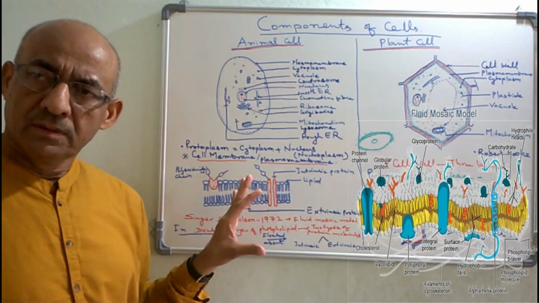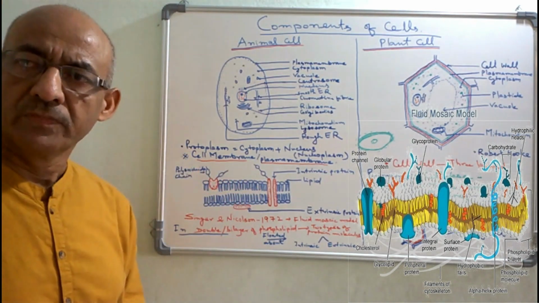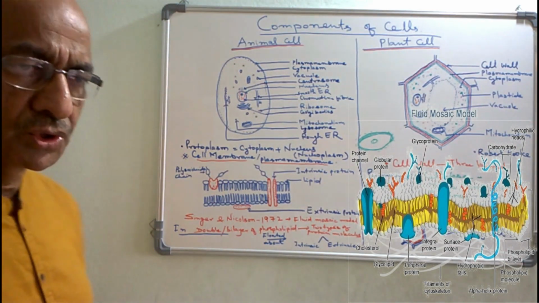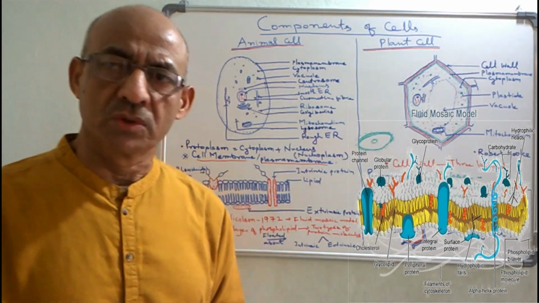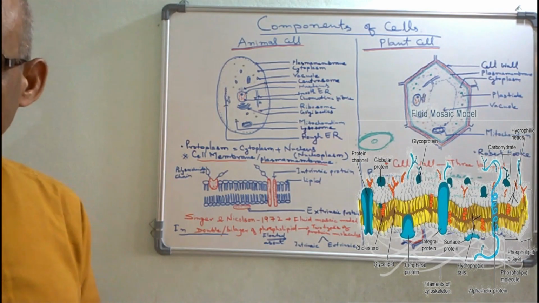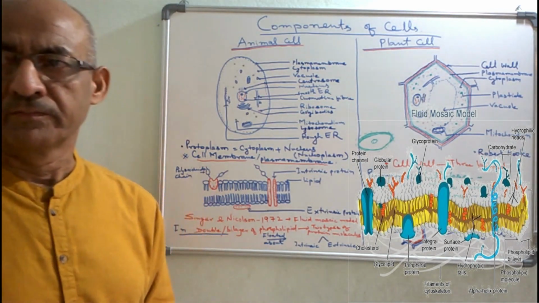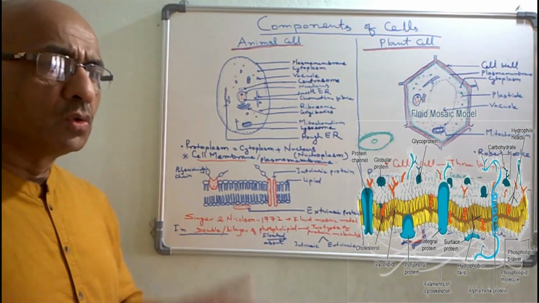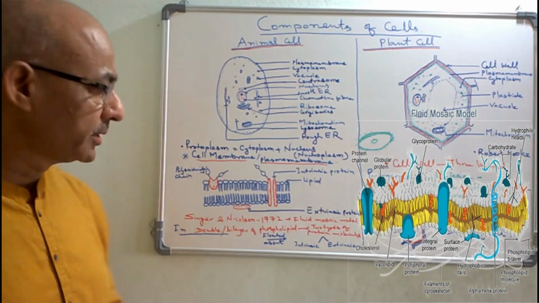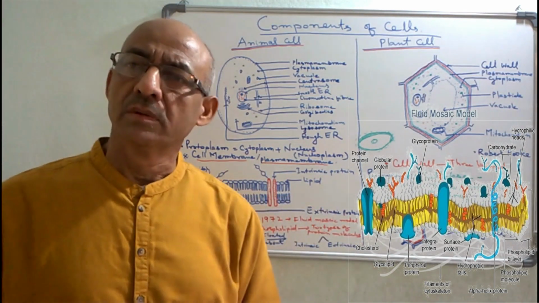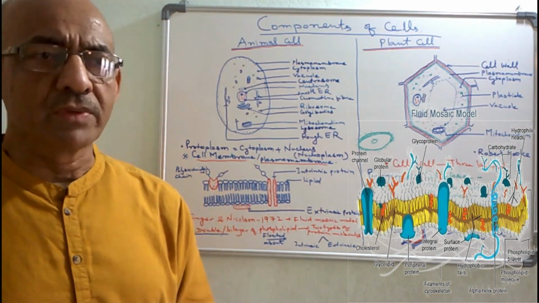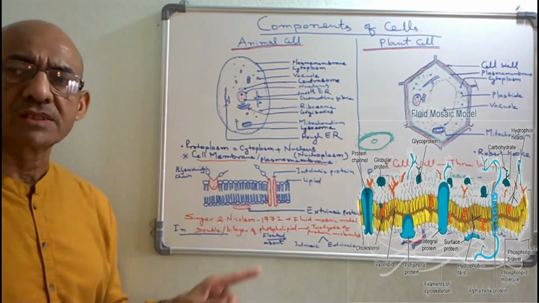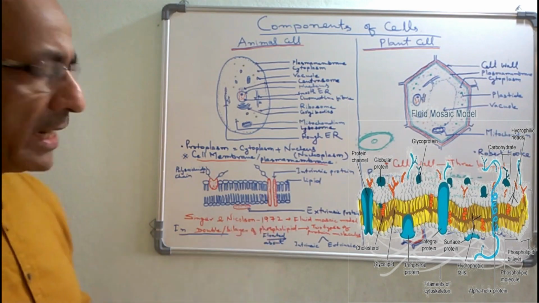Firstly, we will discuss the structure of the cell membrane. The cell membrane is a thin, delicate, outermost, electron microscopic layer of the cells. It is made up of two types of materials, lipid and protein molecules. There were two scientists, namely Singer and Nicholson, who in 1972